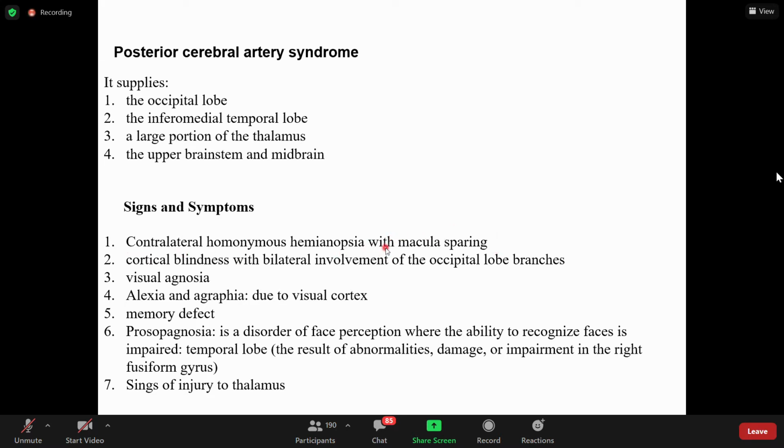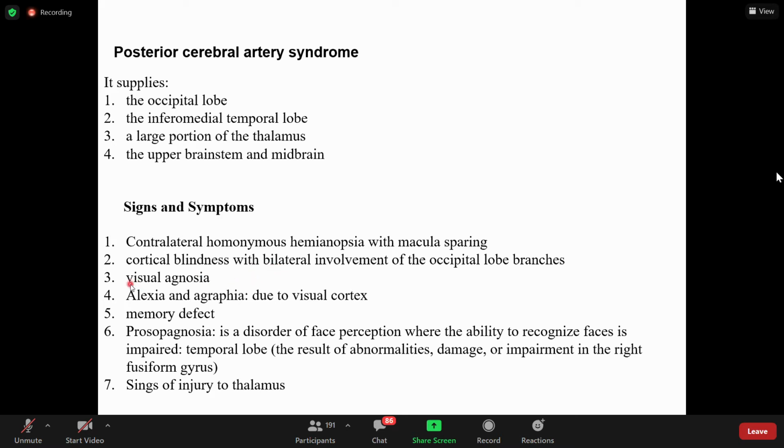But if there is damage to the visual area that is not due to occlusion of the posterior cerebral artery, like a trauma, a tumor, and so on, there will be no macula sparing. So macula sparing only if you have this hemianopsia due to occlusion of the posterior cerebral artery, because the macula has two arteries that will supply it, the middle cerebral and the posterior cerebral. Now, if the two arteries are occluded, something happens to the basilar artery at the end, you will have blindness,